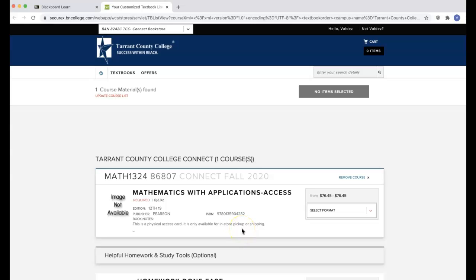I would recommend that you actually call the TCC bookstore and try to order it that way, and try to have it delivered to you if you can't physically come on campus for whatever reason, okay? Of course, there are other third-party options that you can use,